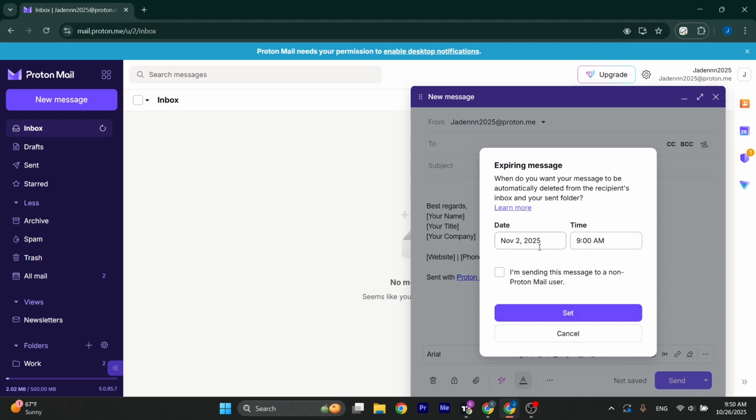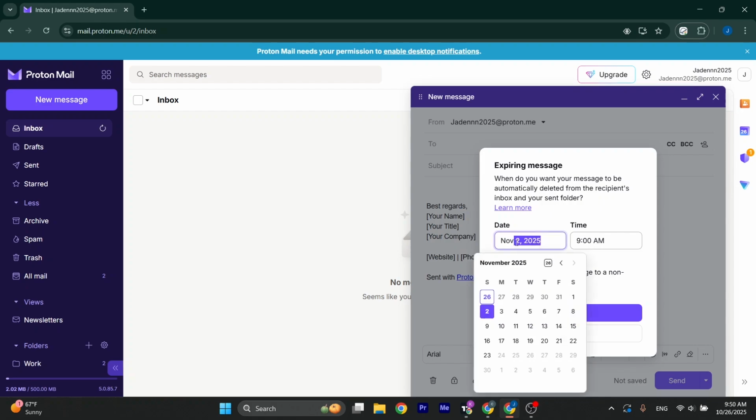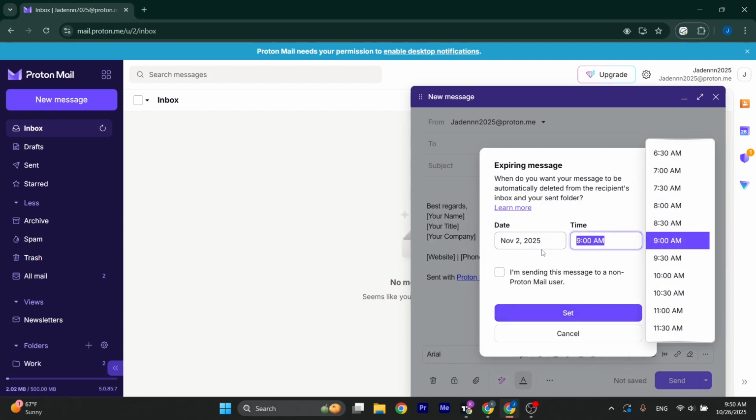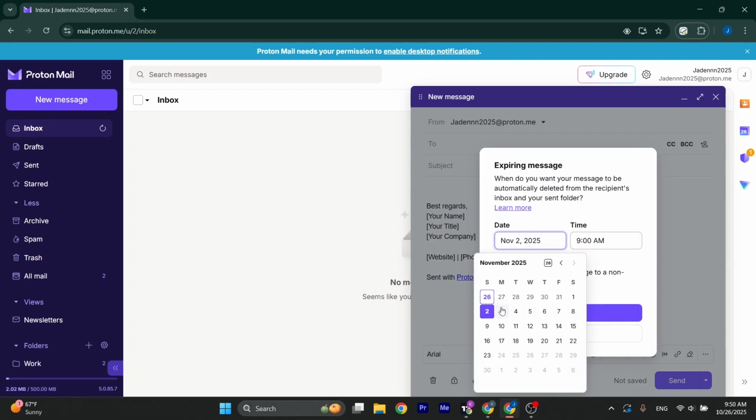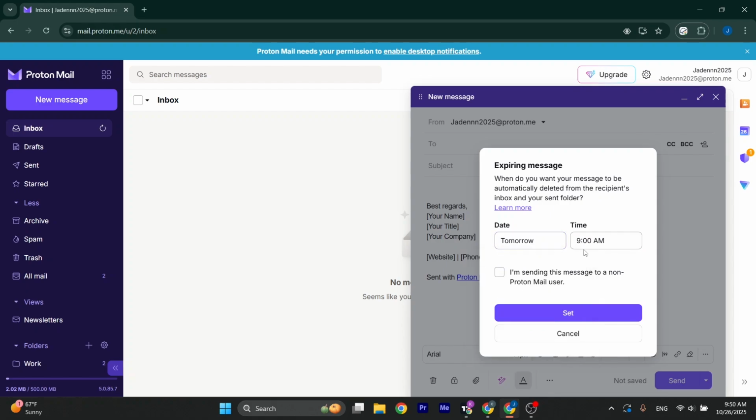This way you can set the exact date and time this particular email is going to expire, meaning it would be automatically deleted. Whether the other person read or did not read the email, it will be automatically deleted on this exact date and time you set. So select the date and time that you want to delete this message or this email and then click on